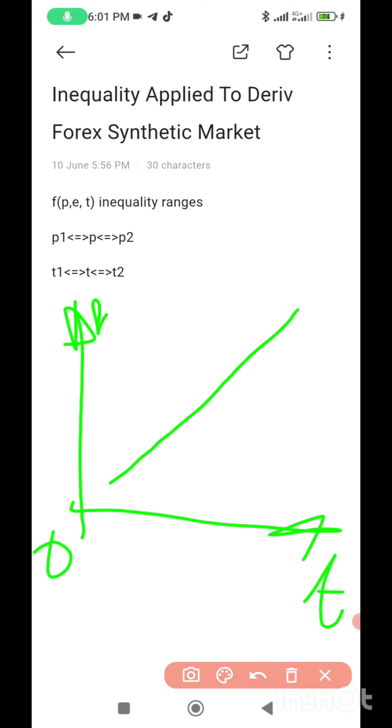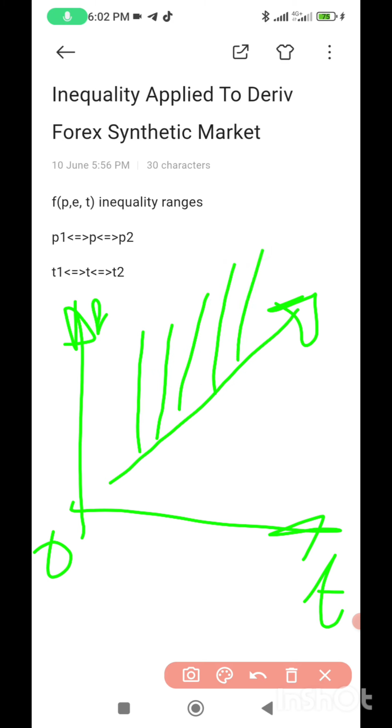So we can now say that this is an uptrend market. Now, when you consider this as an inequality trader, we can say that, let us shade this session. Let us shade this session. When we shade that session,